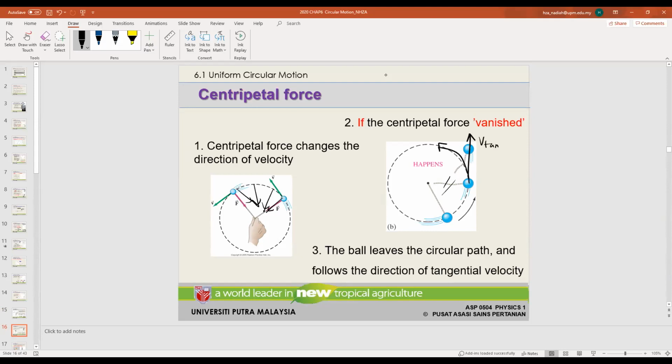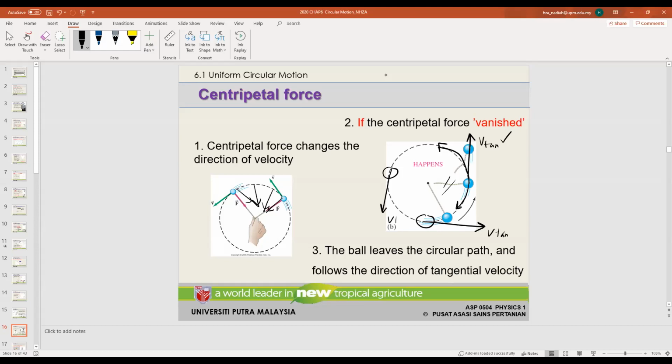It's not going to move here, it's not going to move backwards, it's going to move in V tangential. If my string snapped over here, my V tangential is this way. If my string snapped over here, my ball will fly this way because that is the